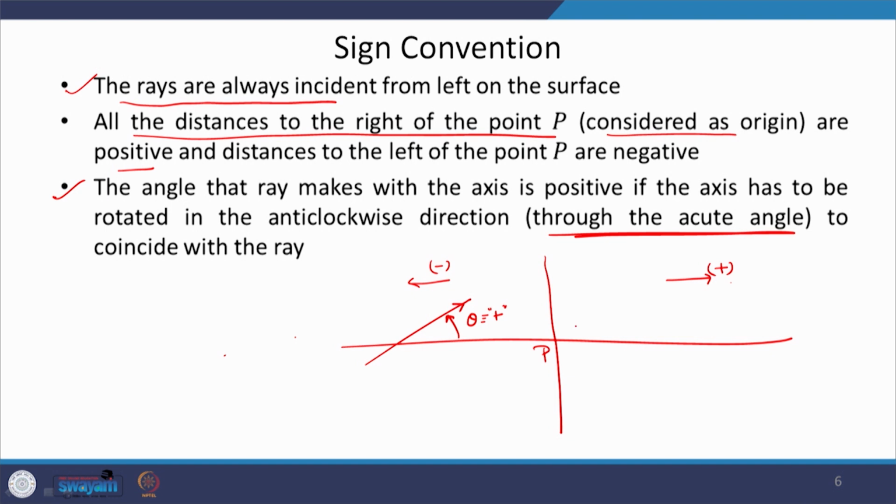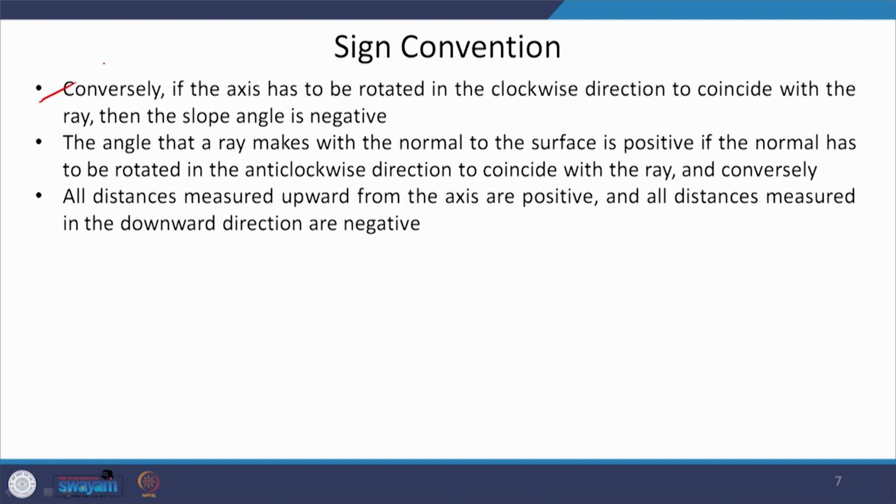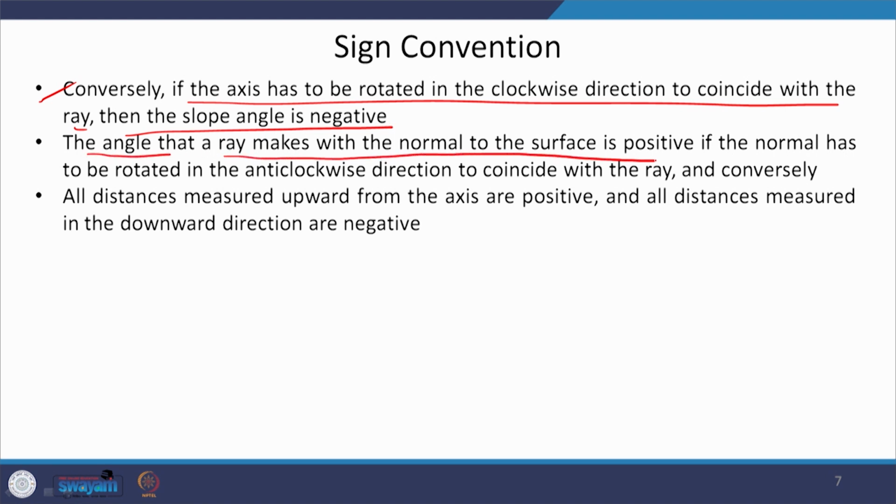And if the ray is moving in the other direction, say this direction, then the rotation would be in clockwise direction and theta would be negative here. This negative theta is represented here. If the axis has to be rotated in the clockwise direction to coincide with the ray, then the slope angle is negative. Okay. Next point, the angle that a ray makes with the normal to the surface is positive if